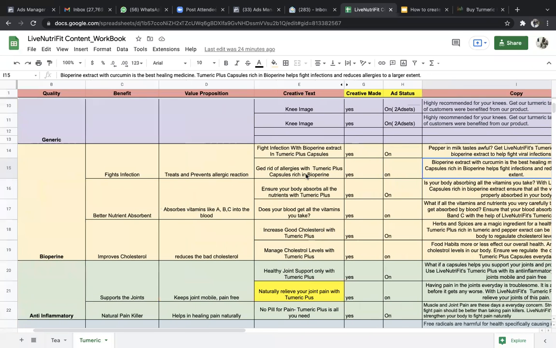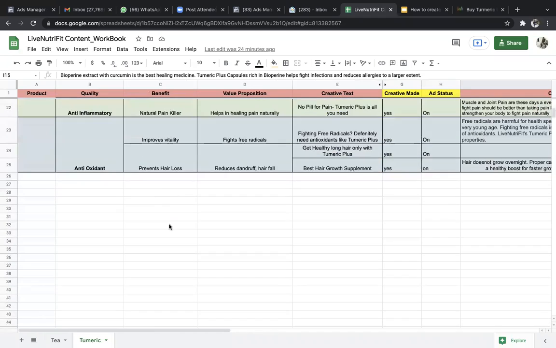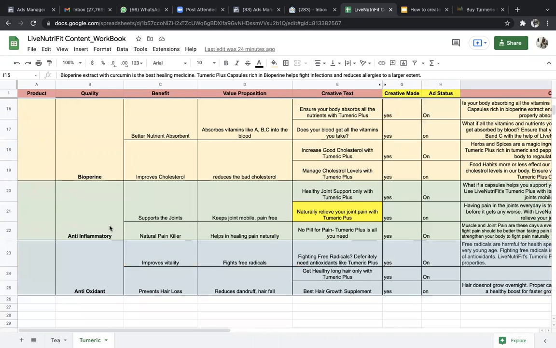And we created this, as you can see, for a lot of qualities. You can choose this method in almost any industry, even in a fashion brand. You can talk of cotton, or maybe fitting. Any metric can be the quality that you talk about, and you can create the benefit out of it. Then you can create the value proposition out of it, and then finally decide what kind of text has to be placed on the creative.